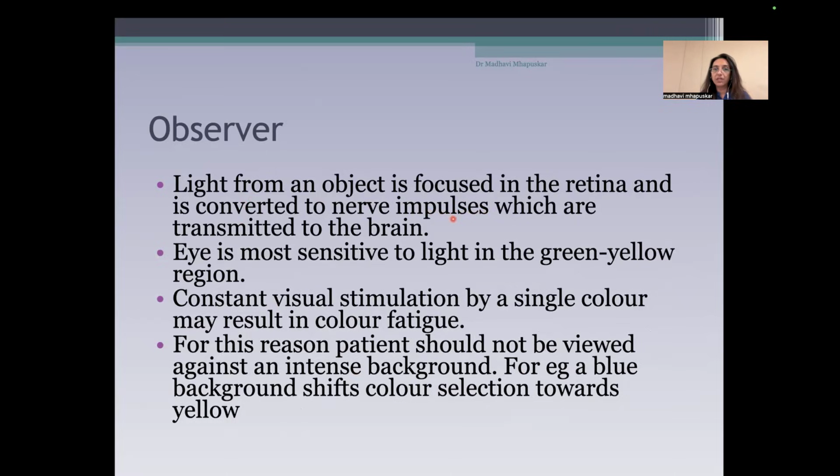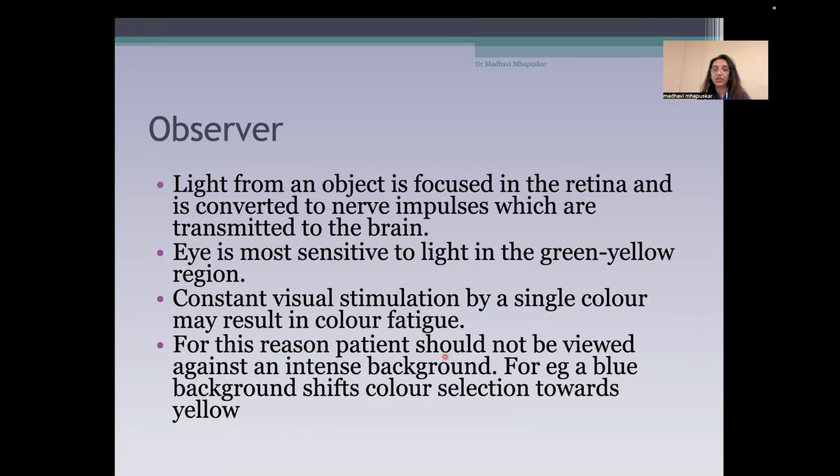The eye is most sensitive to light in the green-yellow region. However, if you have constant stimulation by a single color, this could result in color fatigue. So if you stare at the shade guide for a long period of time, you cannot make out the shade difference as well.